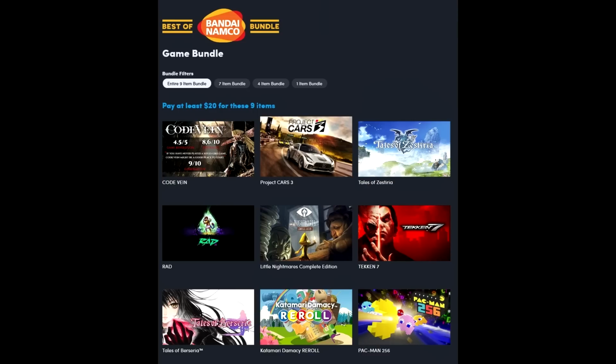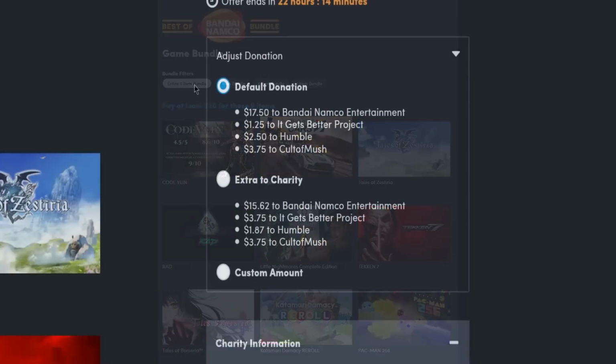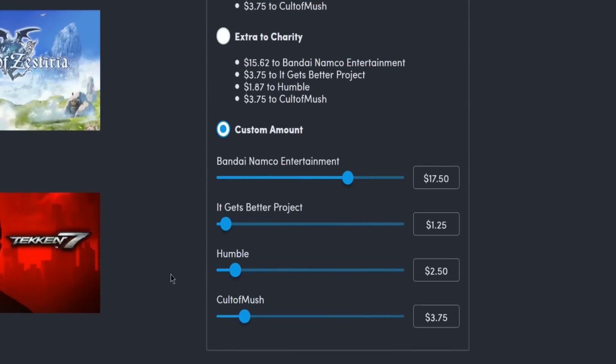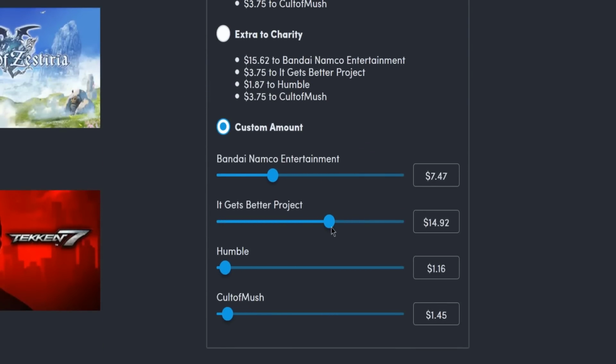9 items. Now, how this works is $20 will get you all 9 games, and you can adjust where your money goes. You can either give money to Bandai Namco Entertainment, you could give it to charity, you could give it to Humble itself, and I am a Humble partner, so you can throw me a couple bucks if you want as well. You get to adjust the sliders and do it however you like, but the bundle itself is